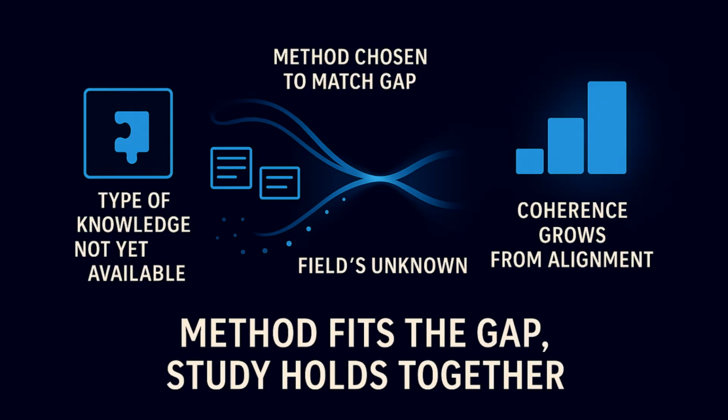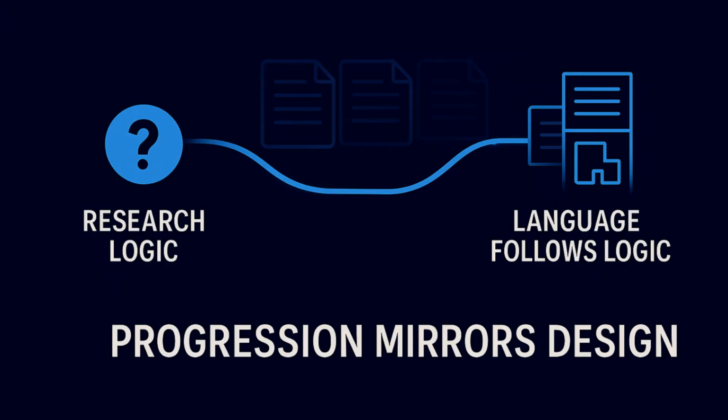The method aligns itself with the type of knowledge the field does not yet have, and the study's coherence grows directly from that alignment. As the logic of the research design becomes clear, a certain linguistic pattern begins to emerge, one that reflects the structure of the problem itself. When the reasoning is sound, the language naturally follows a progression that mirrors the analytic sequence used to determine the